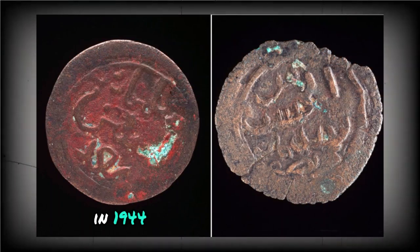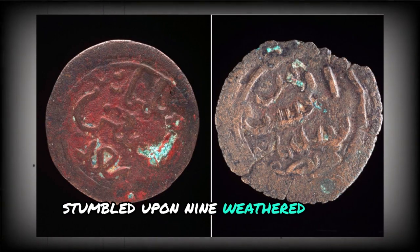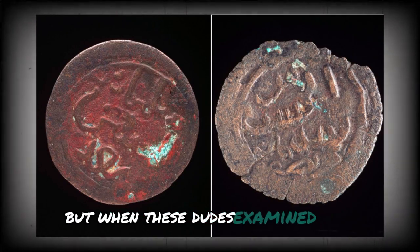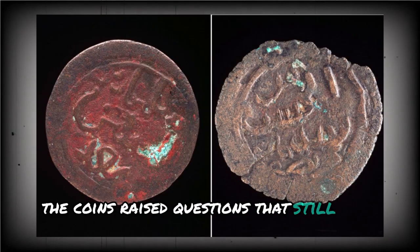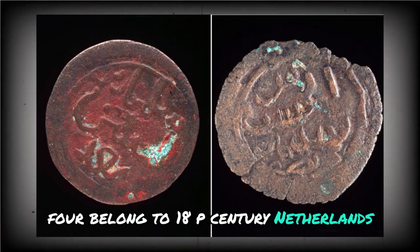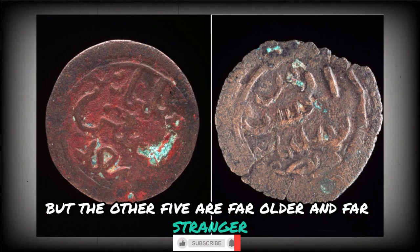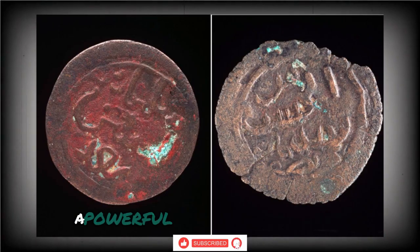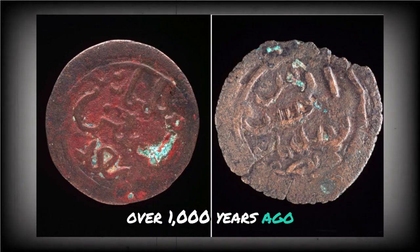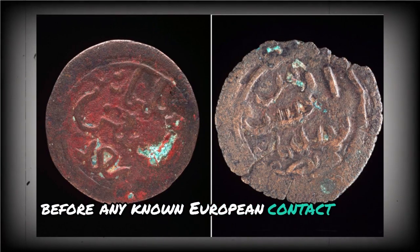In 1944, an Australian soldier exploring the shores of Marchinbar Island stumbled upon 9 weathered coins buried in the sand. Nothing unusual at first glance, but when these were examined, the coins raised questions that still hang in the humid Northern Territory air. 4 belong to 18th century Netherlands, expected relics of colonial reach, but the other 5 are far older and far stranger. They came from the Kilwa Sultanate, a powerful East African kingdom that once thrived along the Swahili coast over 1,000 years ago. That placed them not only continents away, but also centuries before any known European contact with Aboriginal